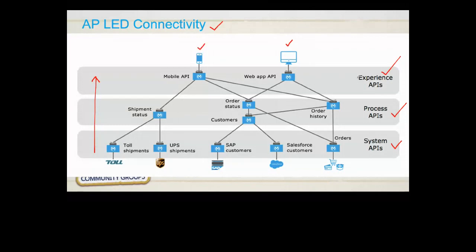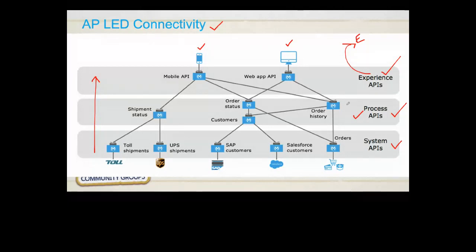Basically, the experience API is going to be associated with the end users. We said that these are our actual developers. This system API is going to be developed by the product owners, we say the LOB, line of business, and then it is going to be developed by some sort of central IT developers. So now we've got three different teams which are going to work on three different APIs.